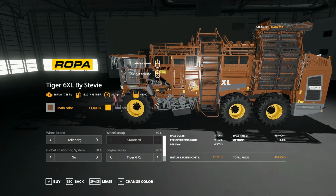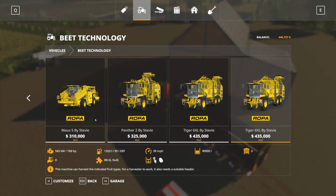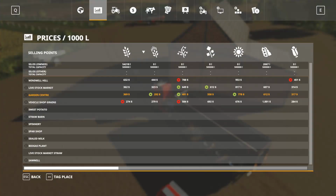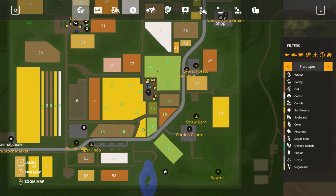How much does that bring us up to? 436. What do I have? I do have enough. Oh, wait a minute. I don't have enough cash. Probably once I do this. Yep, I'm short a little bit of cash. And, of course, I haven't got the engine set up. Not a problem. No, I want to go here. We're going to go here, and let's do a quick...